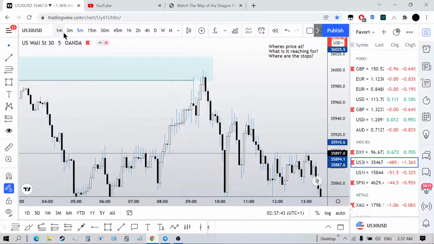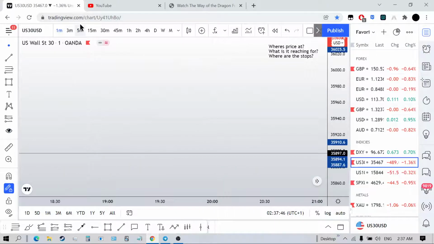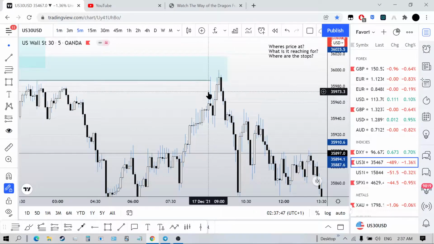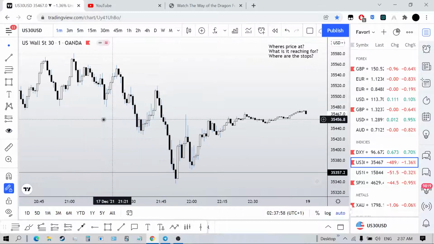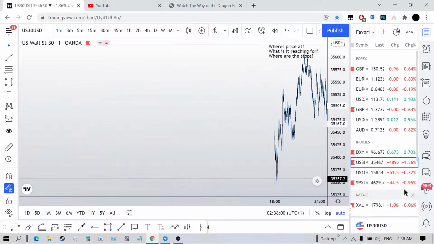All right, if we scale down to a lower time frame, just look how the delivery looks. It looks too choppy right here, and it didn't create a bulky up candle. It didn't do none of that. So this area is kind of iffy to me. All right, but let's say